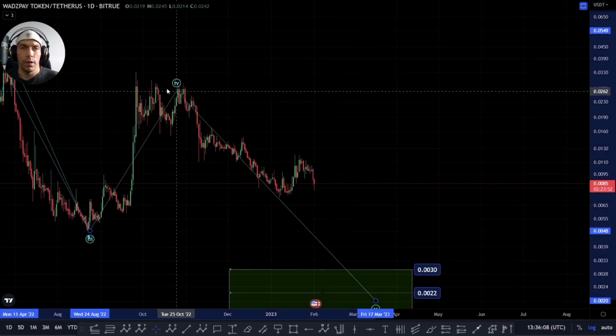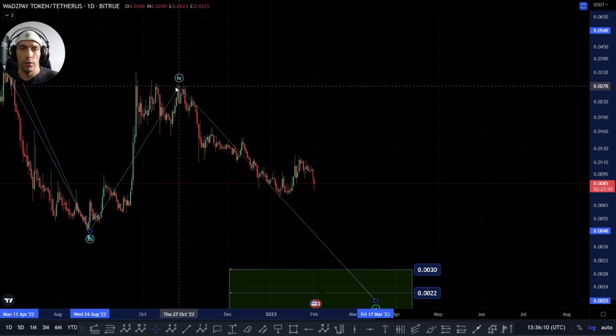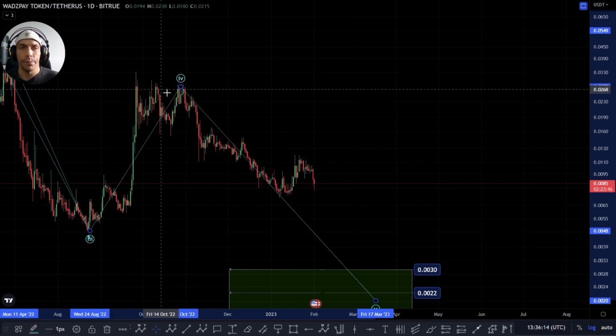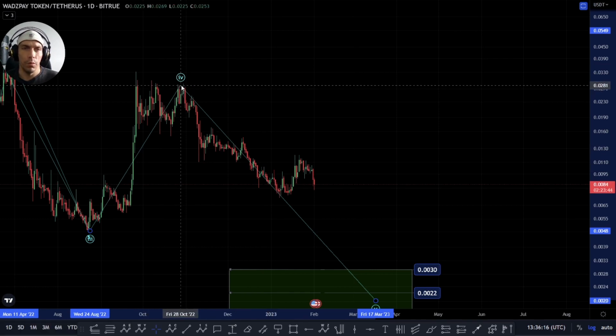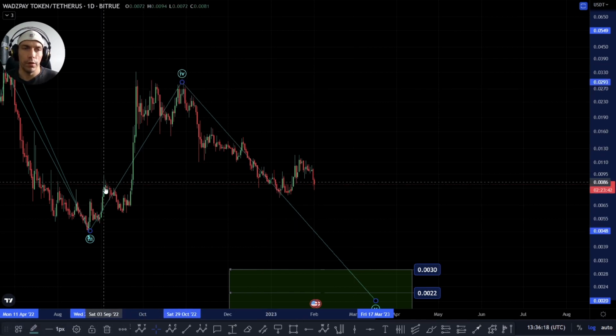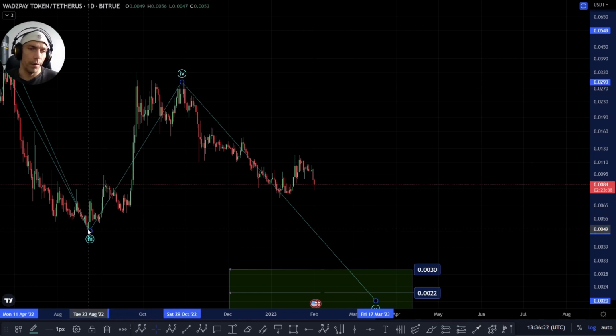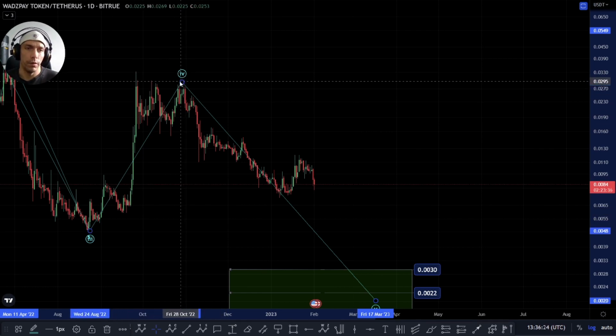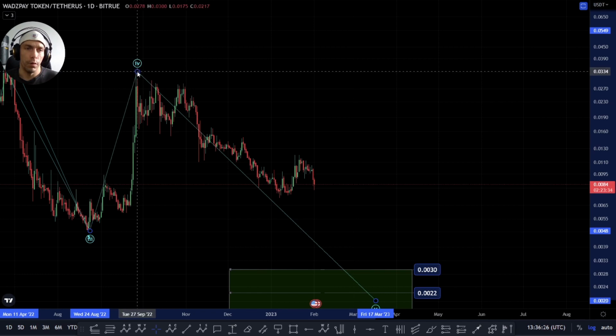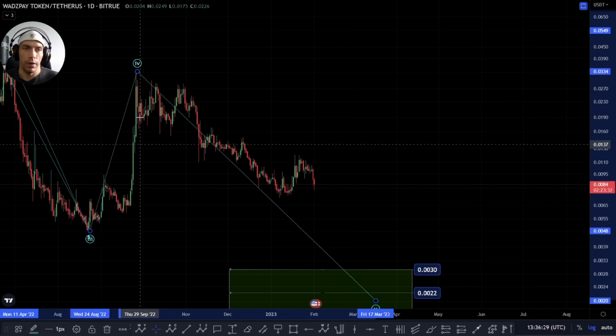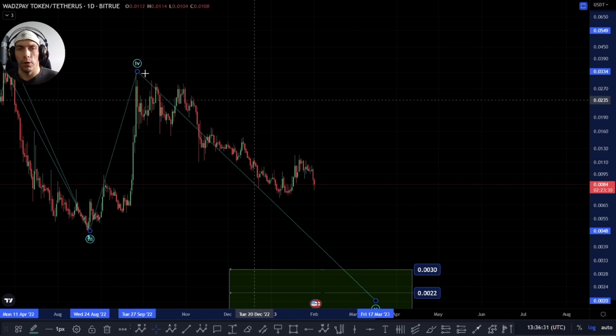So there's two ways that we can look at this structure. We can either potentially look at this as a diagonal, where we move the fourth wave into here, where we look at this slightly different, and this is a 1 2 3 4 5 4 5, and that looks to actually complete this into this high point. Or alternatively we leave it here and we just have a zigzag, which is my preferred count, to be honest